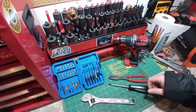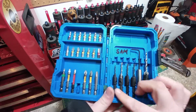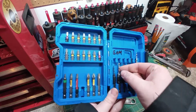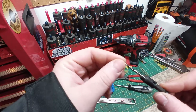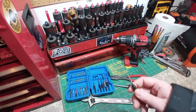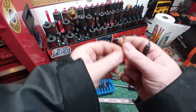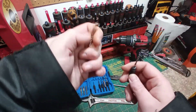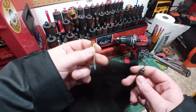My next most used would be, not this whole set here, but this year I picked up some of these wood bits, countersink bits. So what this is for is when you're drilling, it drills a little pilot hole and then it does a countersink, a little chamfer on your hole. So when you have a screw like this, you put it into the wood, this countersink, and it just fits nice in. When you're working on softer woods, well, and harder woods, things that like to split and crack and the like,